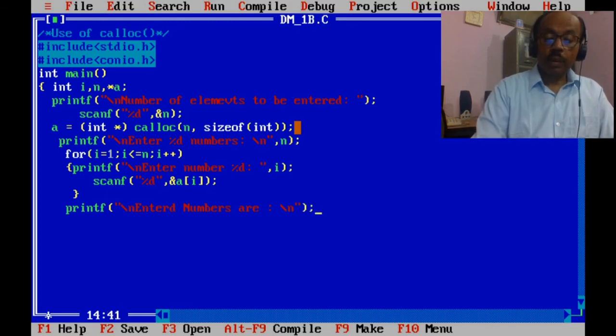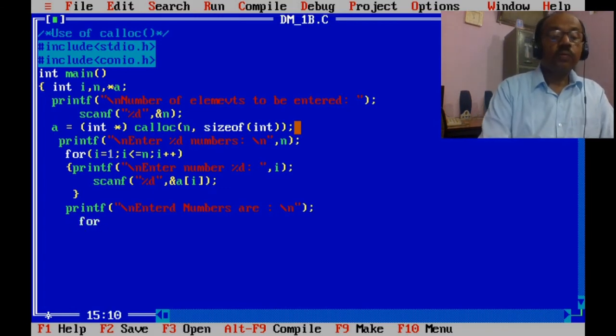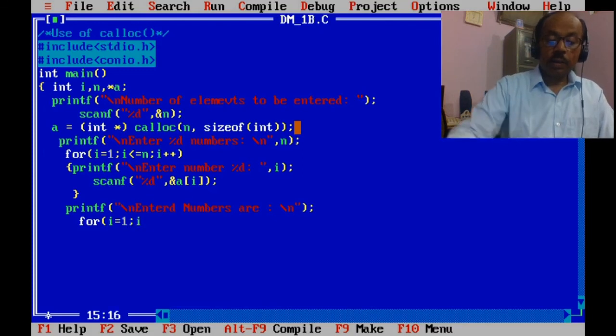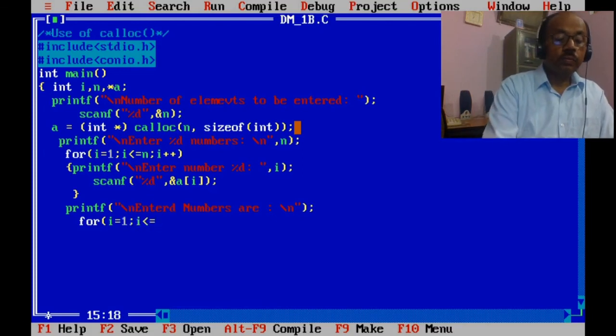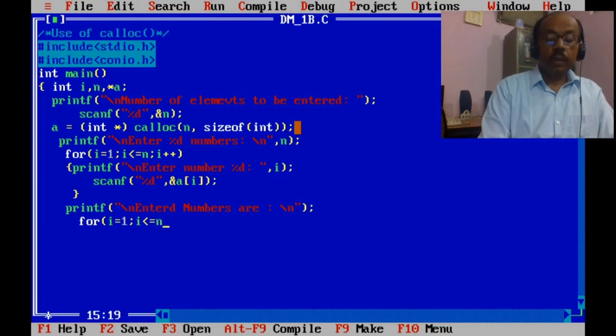Entered numbers are, and again a loop: for i is equal to 1, i less than or equal to n, i plus plus.